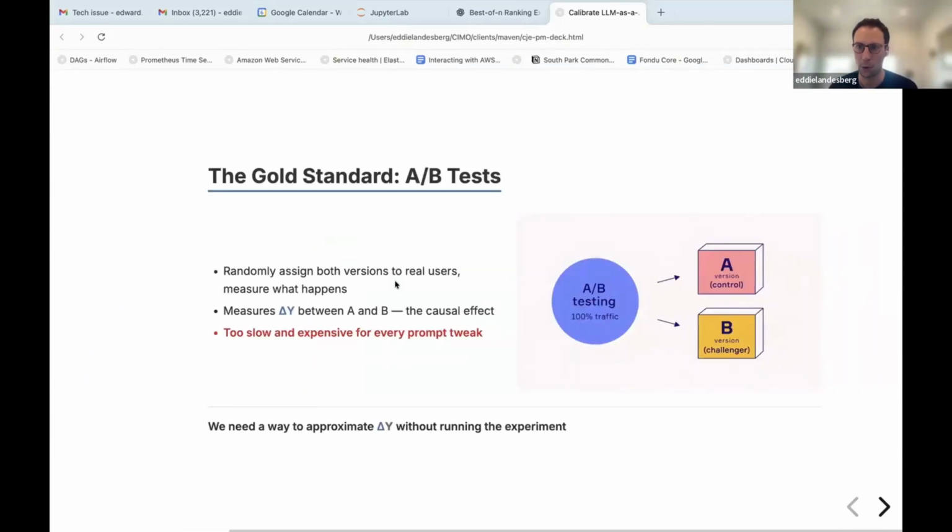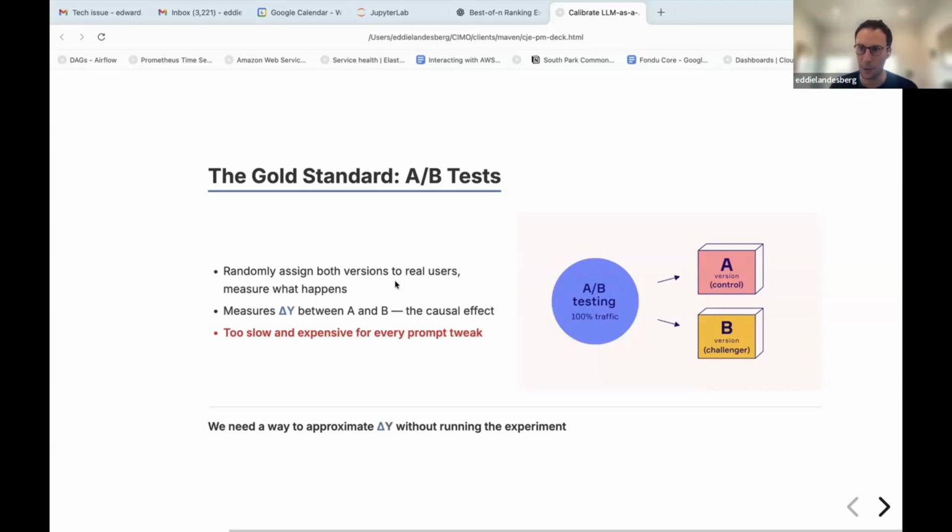The gold standard here, and probably most people in this meeting are very familiar with A/B tests, is essentially this: let's say you have your website. The classic example is that your website is either green or red, and you want to know what the better experience is for users. Maybe you want people to sign up. So what you really care about measuring is what Y star would you see? What would the long-term outcomes be under green? What would they be under red, when you imagine those two parallel universes?